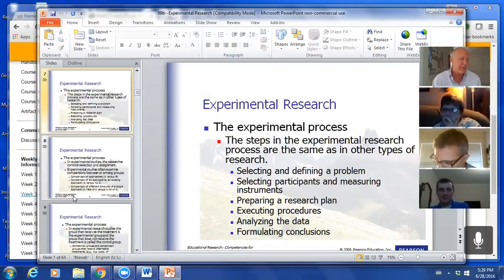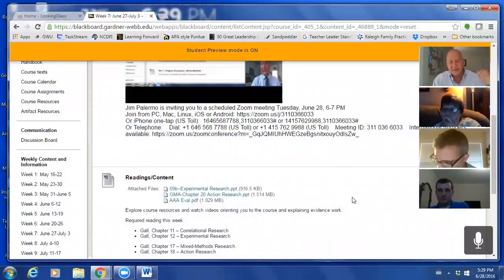For instance, experimental research might be where we'd have a control group and they don't get a treatment, and then we give another group the treatment. We give them a remediation. Well, if both kids need the remediation, you wouldn't want to have a control group that doesn't get it because it's unethical. So again, if you were a doctoral student, I would want you to understand experimental research. But as master's students, I think we need to re-examine some of this curriculum, and that's way too deep. Yeah, the readings are pretty deep.